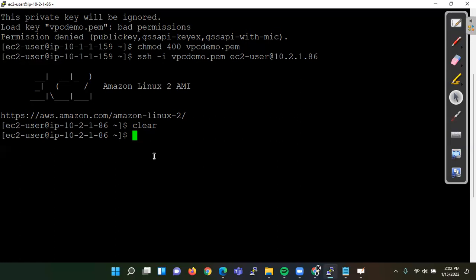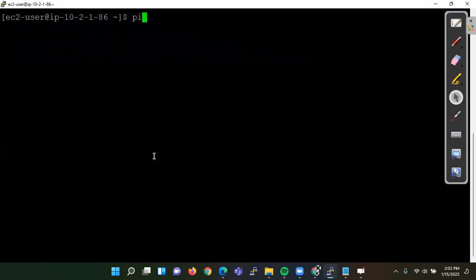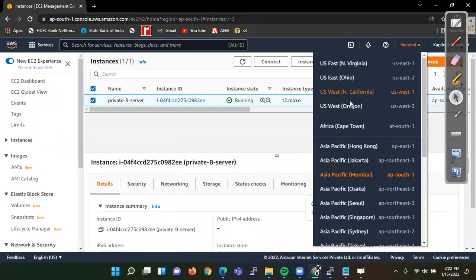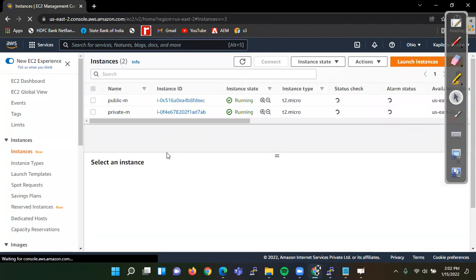Done, friends. If you want to ping, because we have given the ICMP rule for our private server also, you can ping our private instance which is in the Ohio region. That pinging is also possible. We do not have a NAT gateway or internet gateway, so we cannot connect to the internet.